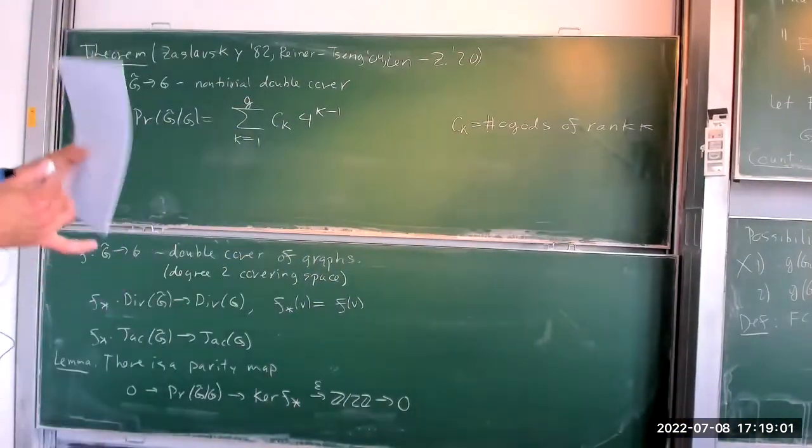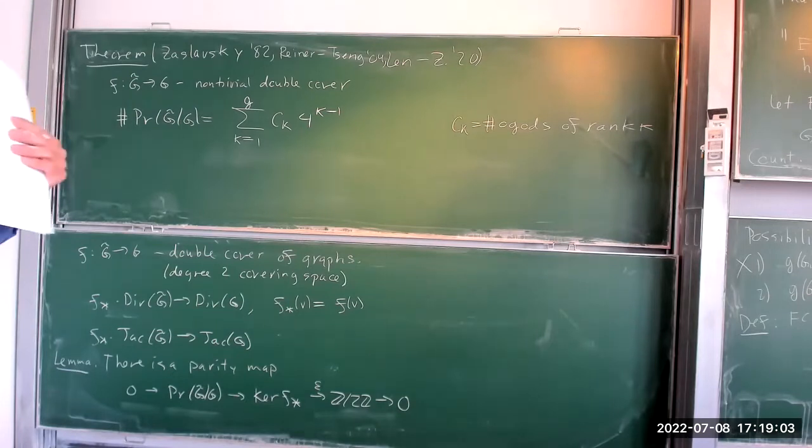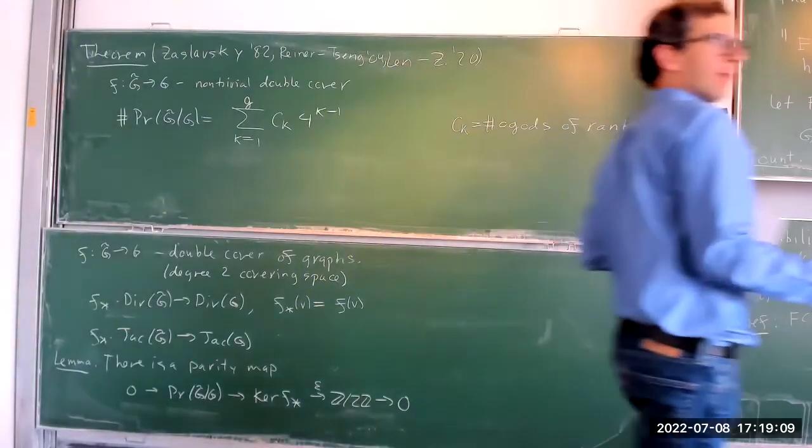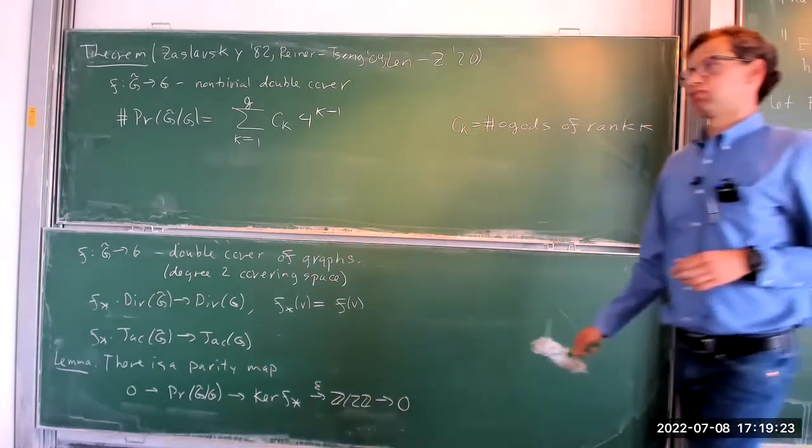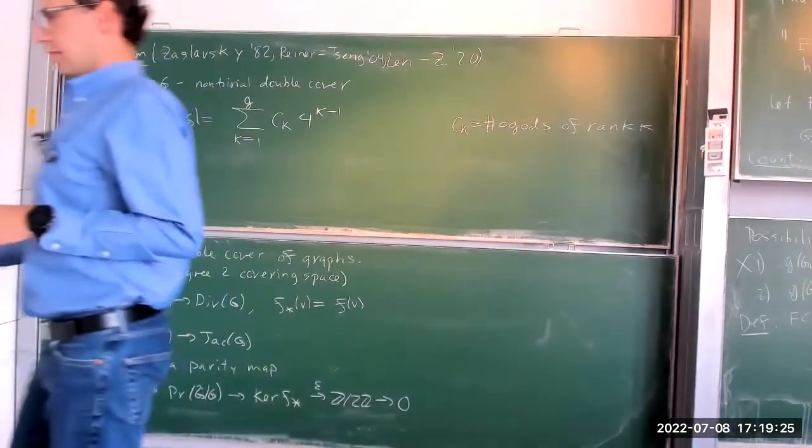So to do that, I'm going to now talk about metrographs. Are there any questions? Okay, so Dimitri, yeah. Is there any structure to this coefficient CK? I mean, this is a sequence of integers, right? Does this sequence of integers have any pattern if you go from 1 to G? Not really. I mean,